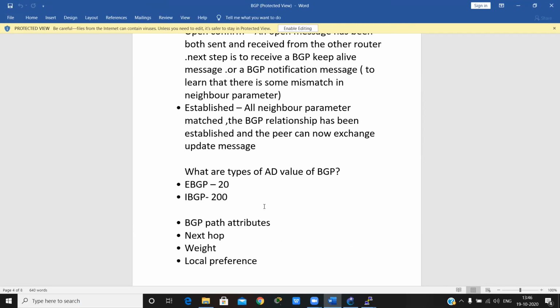We have two types of BGP AD value: for eBGP we use 20 and for iBGP we use 200.